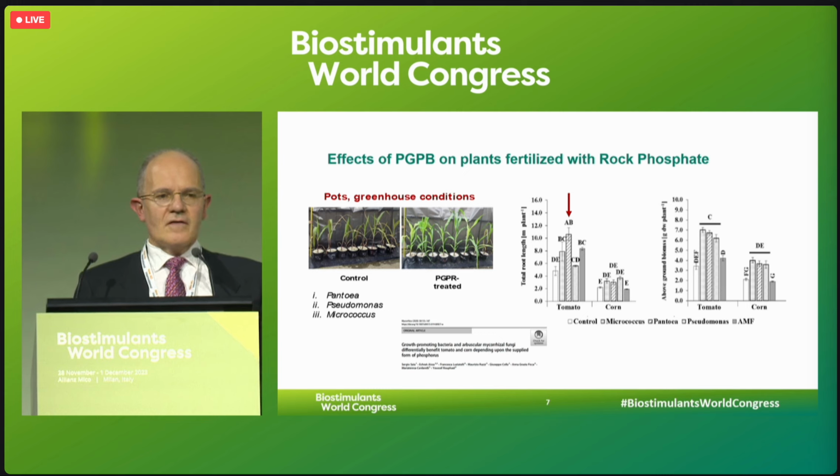Pantoea agglomerans is a well-known microorganism present in the phyllosphere and the rhizosphere of various environments. The major point is that some of the strains belonging to this species are human pathogens. So you would never develop a product based on a microorganism belonging to this species. We did a lot of work to demonstrate that the C1 strain was not a human pathogen, a plant pathogen, or an animal pathogen.